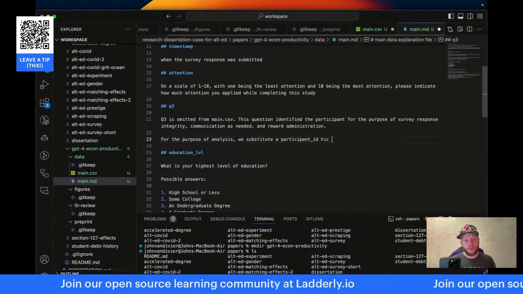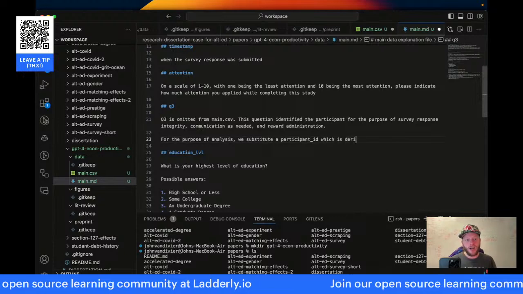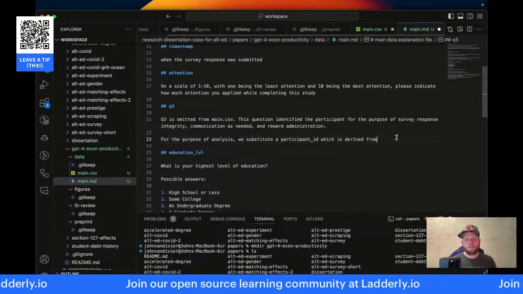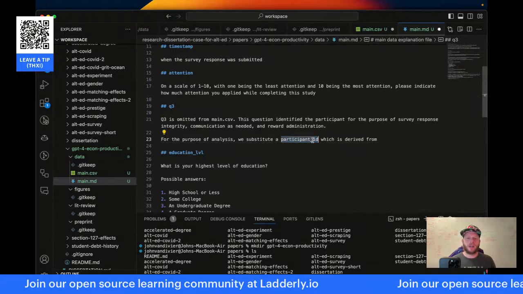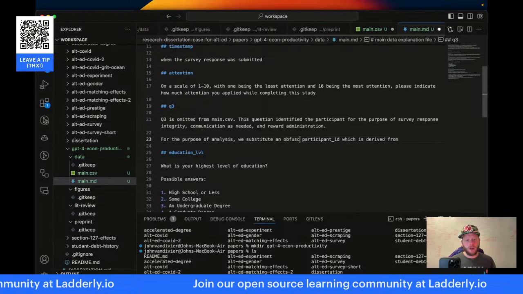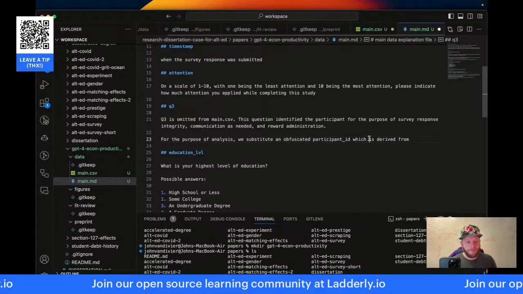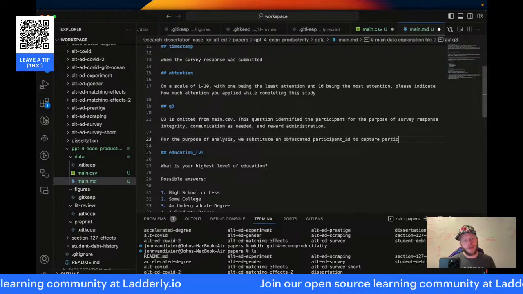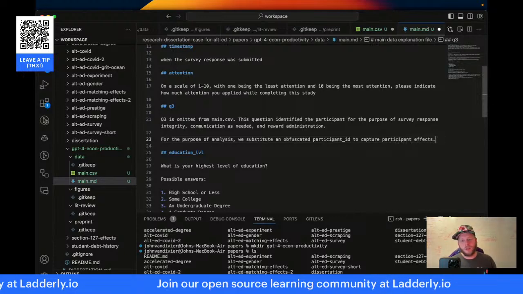which is derived from, we substitute an obfuscated participant ID to capture participant effects. Cool, I think that works.